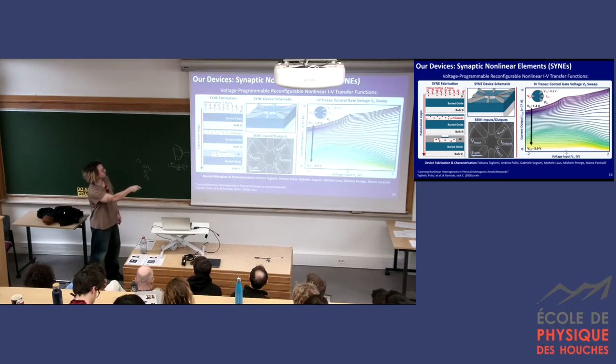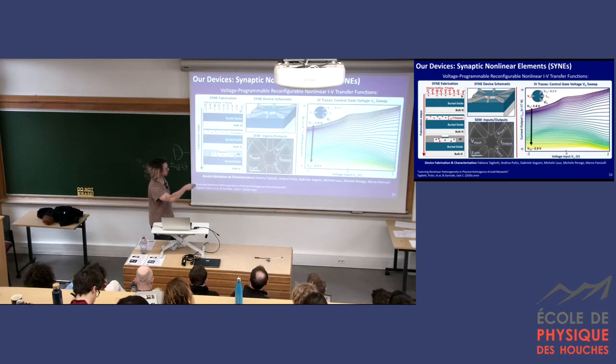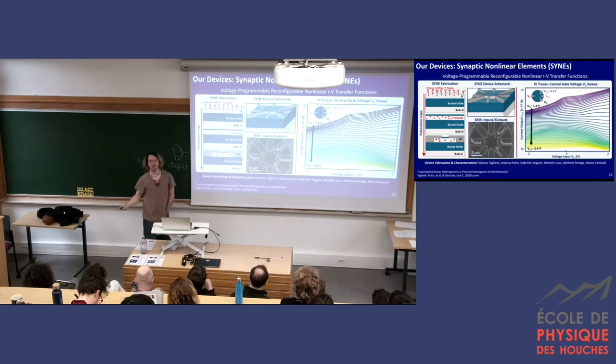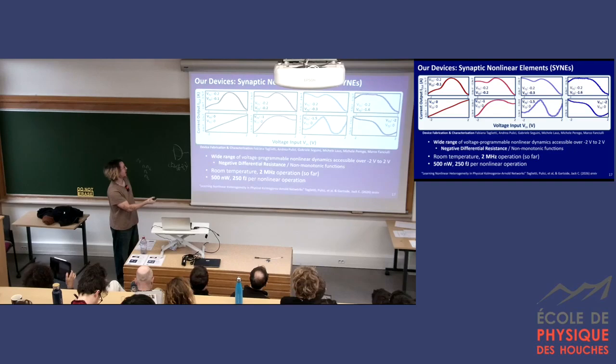So then you can hook up a bunch of electrodes to these. There's 8, but we're only using 4 here. The rest could be explored in future, or you can try putting it in different direction through the device. And then if you put some voltage in and measure a current out, those ones are the voltage here and the current there. If you tune these 2 voltages here in the range of just a couple of volts, you get a huge amount of expressive nonlinear transfer functions. So this is pretty cool, and we can actually look.